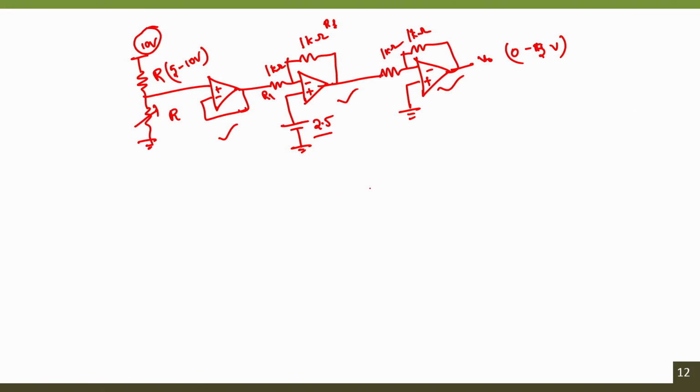In the case of a non-inverting amplifier configuration, the output from the previous stage will be connected directly to the non-inverting terminal of an op amp, which solves the loading effect. This solves the problem that we faced in the previous case, which is low input impedance. So, how does the circuit look? One way is using this. Say this is R, this is also R, but this is a sensor and this is 10 volts. Of course, we have to select the resistances in such a way that 5 to 10 volts will be converted into 0 to 5 volts.